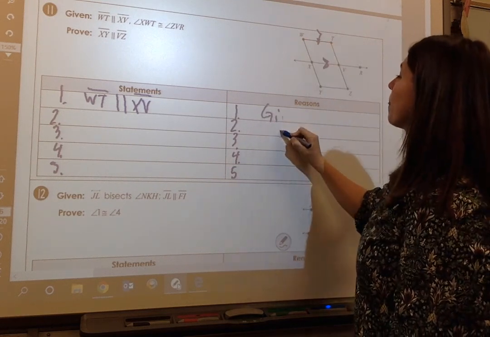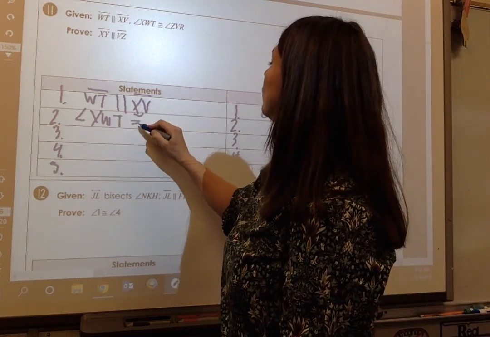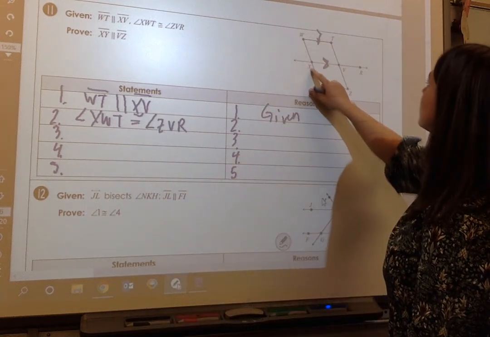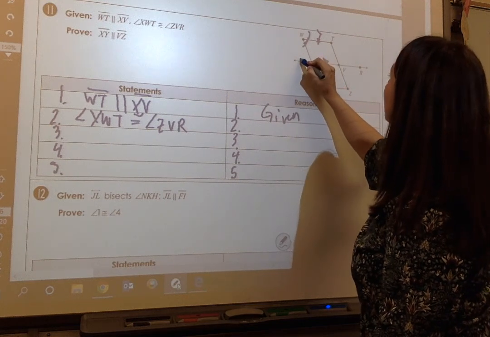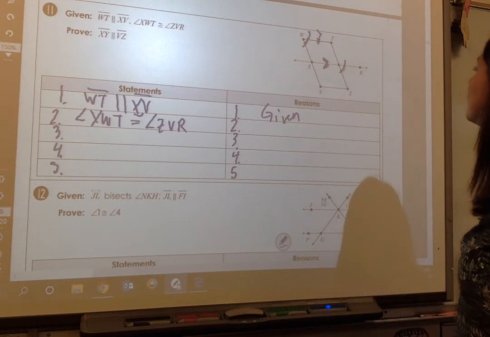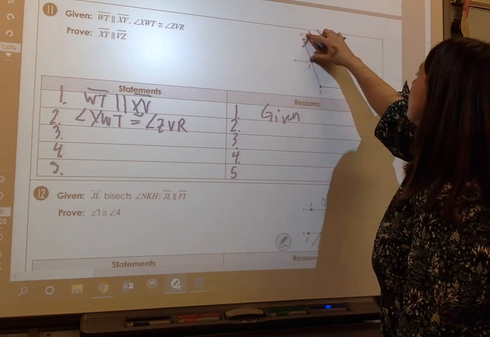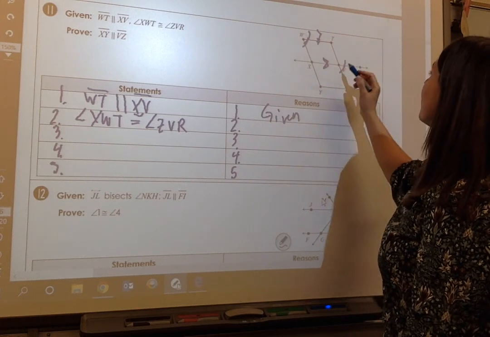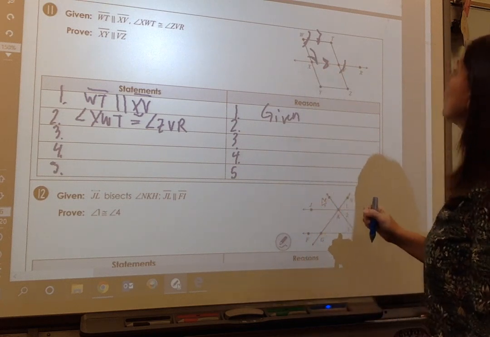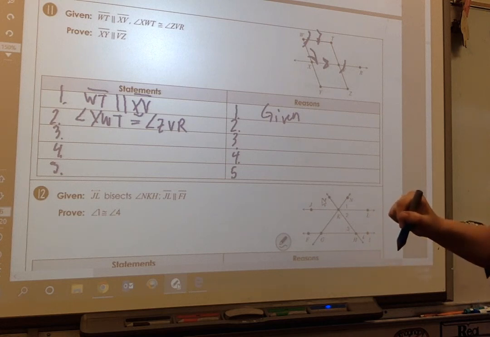That's given. I also know that angle XWT is congruent to angle ZVR. Let's write that down. XWT is congruent to ZVR. Okay, so now let's see what I'm working with. I know that these are parallel. So if these are parallel, I can say that this angle WXV, angle